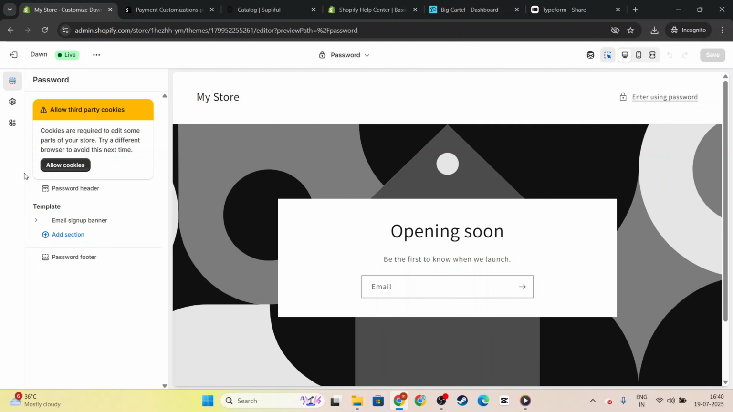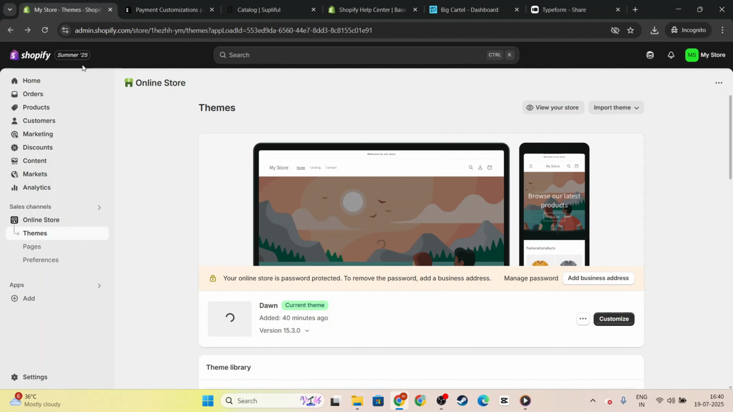Congratulations! You've successfully embedded a Typeform into your Shopify store. This powerful tool will not only enrich the user interaction but also provide valuable insights straight to your Typeform dashboard. By integrating these two platforms, you've taken a significant step towards enhancing your store's